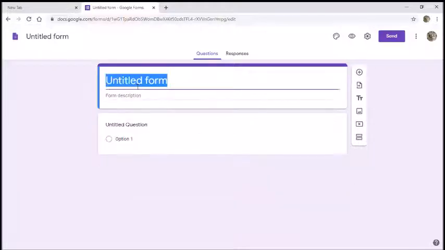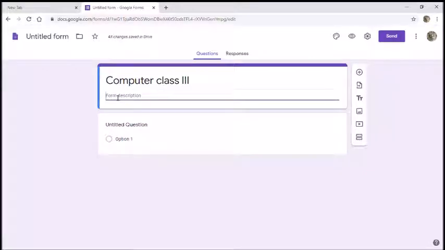So here in the untitled form, for example, I am going to make a question paper for class 3 computers. I just want to know how much the students have learned in computers. So I will be making a question paper for the computer subject. After giving the title, you will see a form description. In the form description, you can write any instructions you want to give to the students. I am just writing, let's see how much